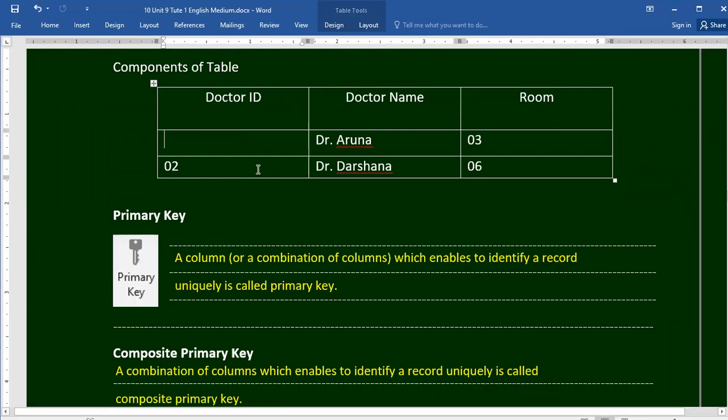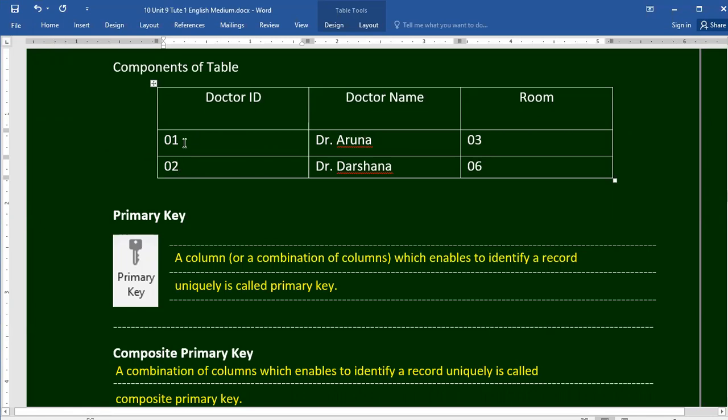Each and every citizen of a country should have a unique number to identify identity. The national identity card number is the unique identity number for each and every citizen in a country. So that is how we identify people, and that is how we identify a row of a table using a primary key. There should be a value for the primary key. So we can't use null values. Without values, we can't use these